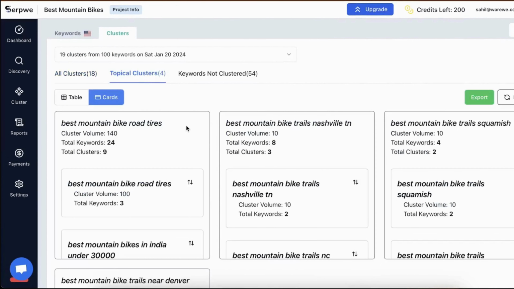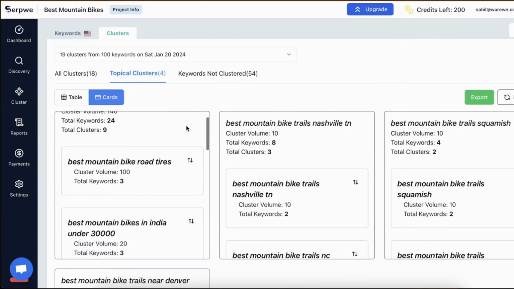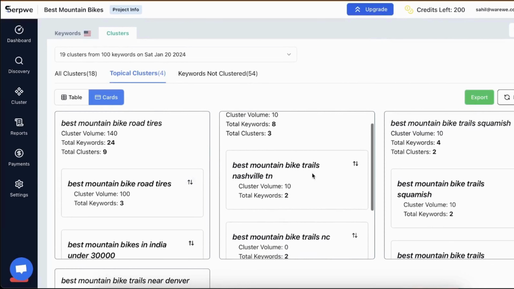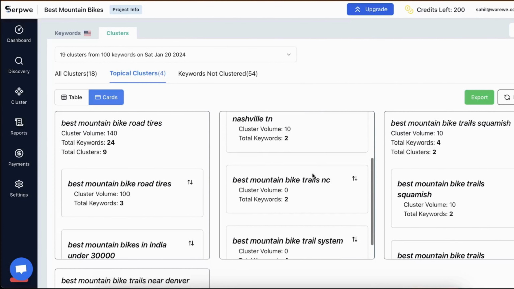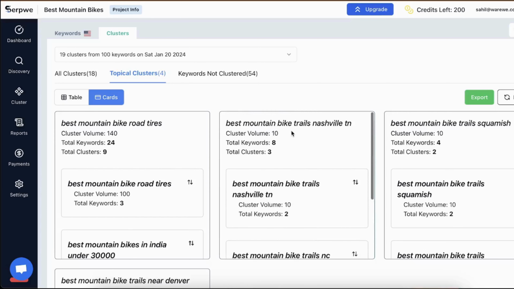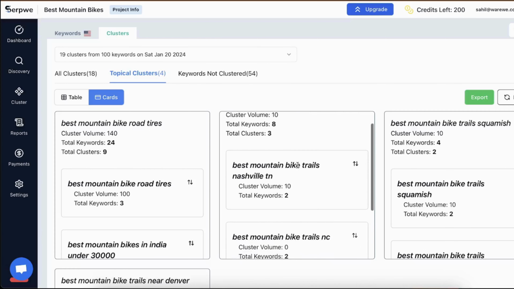Then comes topical clusters. Topical clusters are groups of web pages used to establish authority around a particular subject, particularly in the eyes of search engines. Under this tab, SerpWe will create clusters of the topics that can be interlinked to give authority to a certain topic. It keeps the topic with the highest volume as the main topic, followed by other topics which can be used to give authority to the first topic. Although, you can choose to have any topic out of the topical cluster as your main